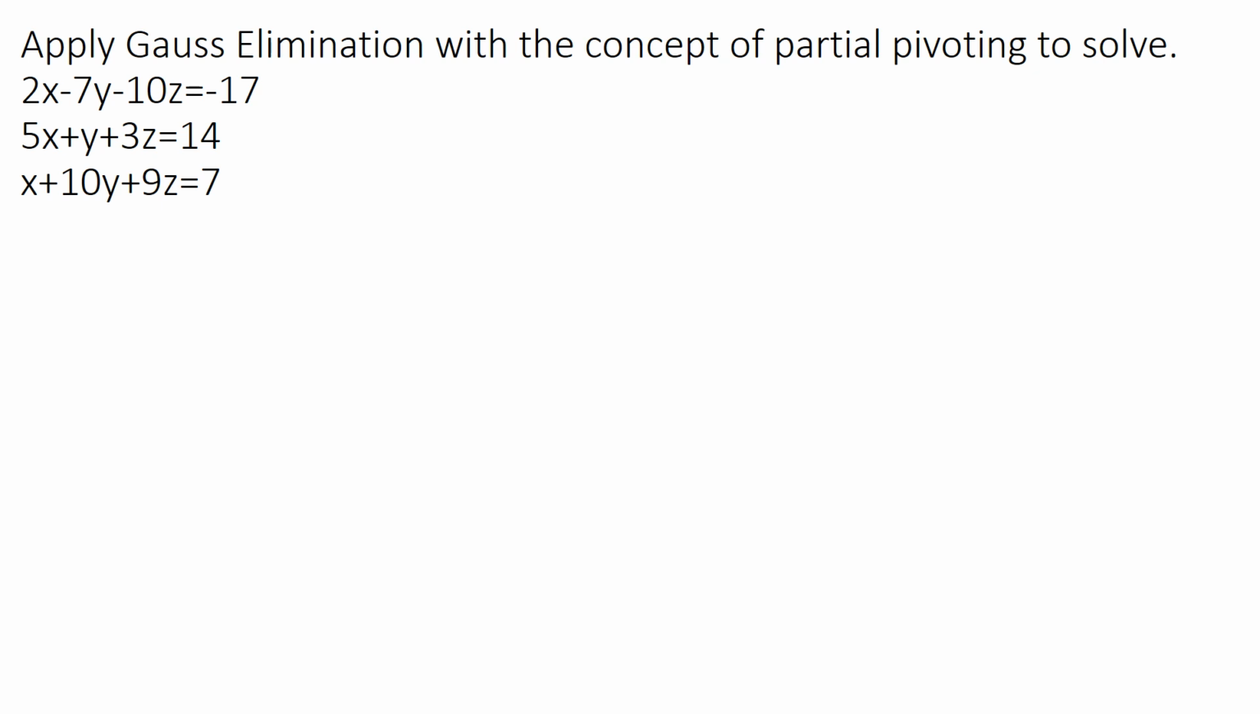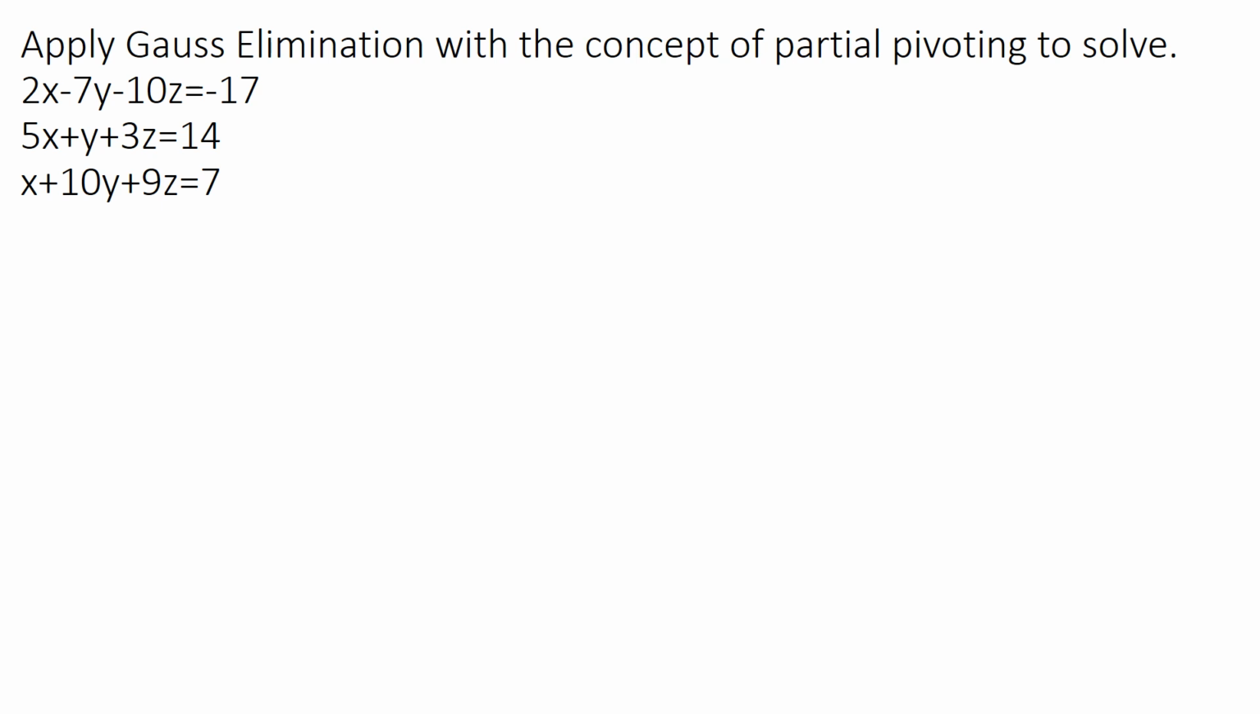Hello everyone. In today's session we are going to discuss Gauss elimination with the concept of partial pivoting to solve three unknowns. For us to do that, we have an example here that we are going to apply. That is, apply Gauss elimination with partial pivoting to solve the equations that we are given there. The first thing we need to do is identify our pivot equation,